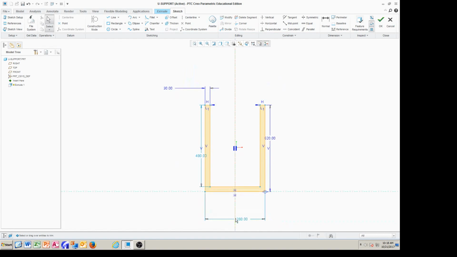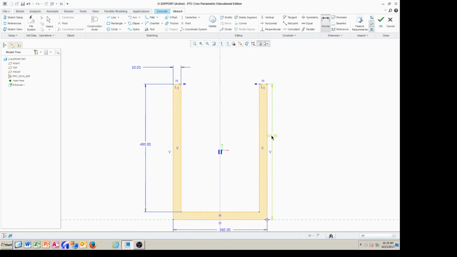So now you can see that there is a strong dimension, and this is a strong dimension, but this is a weak dimension. No need to really worry about that at this point. All you have to do is click on this line, and then you say 490. Now it's converted to a strong dimension. And this is either you double click or you just repeat the dimension, and that's a 360. If it's not giving you a strong dimension, we just click on the line, and then we say that's 360. Now everything is dark blue,